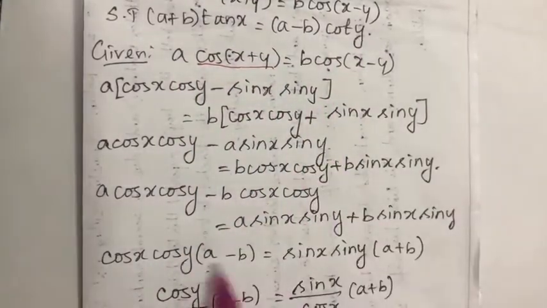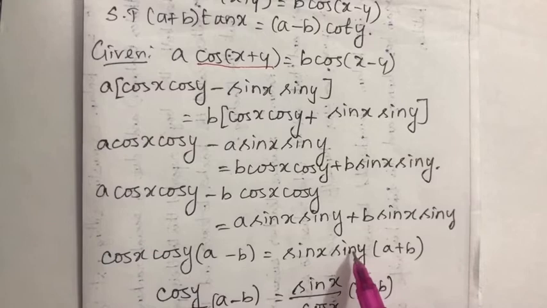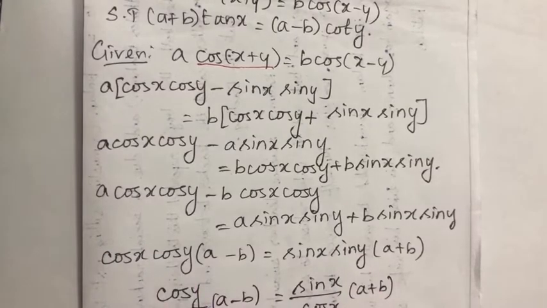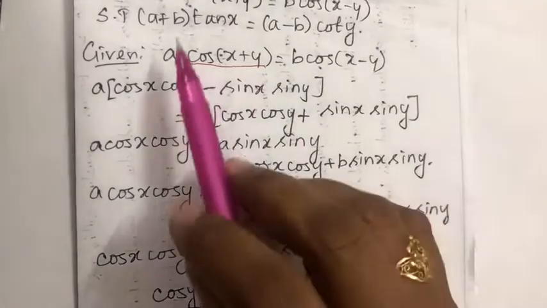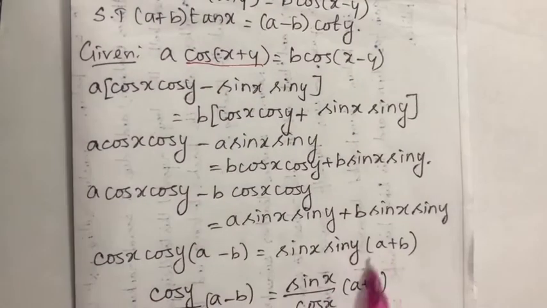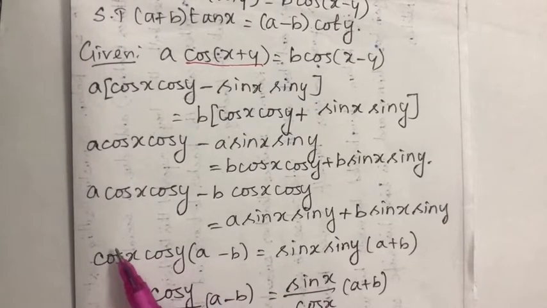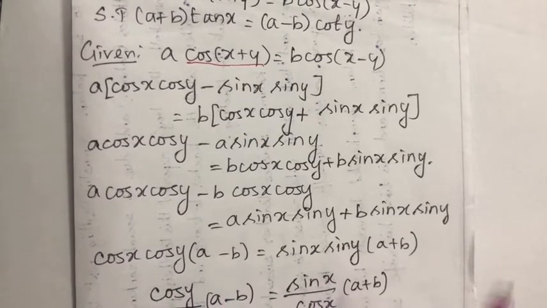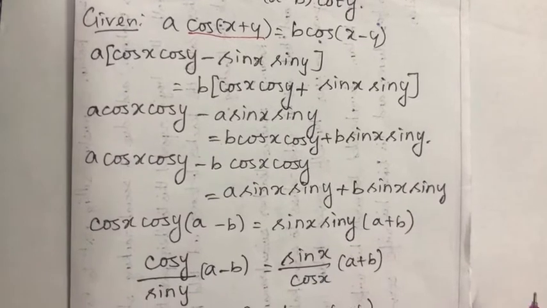So here (a − b), y variable. So with (a − b), I keep cos y with that and bring the sin y to the opposite side. Similarly, here (a + b) tan x. So I keep the x variable here along with (a + b), and so sin x there and cos x. I move cos x from here to the opposite side and cross multiplying it.